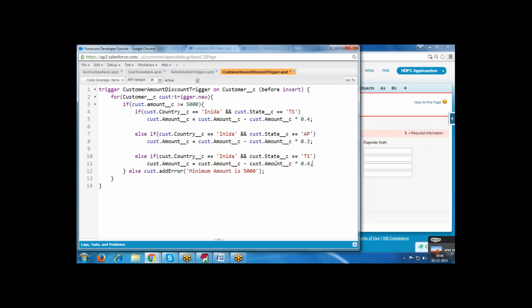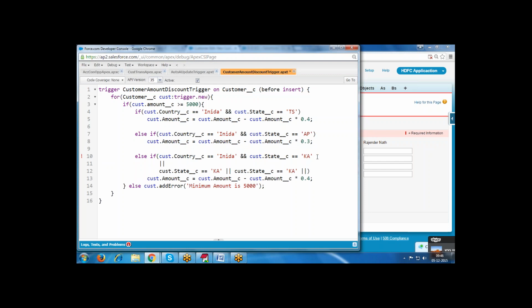Else if India, state equals Karnataka, or state equals Tamil Nadu, or Kerala, 20%.